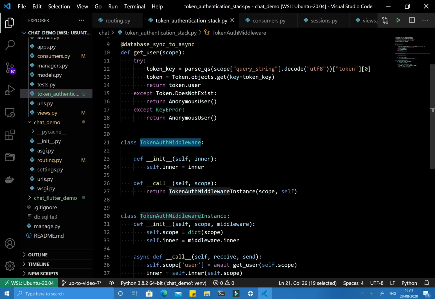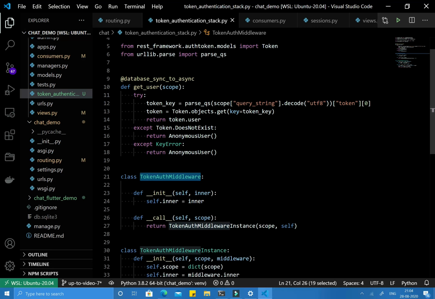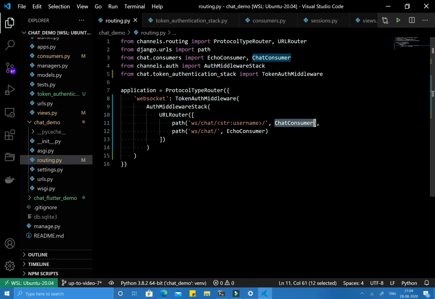So that is the reason we are accepting the token through the query string, and that's how we have implemented it, right? So now this token auth middleware we have set up here. That means if the token is passed in the WebSocket request, this chat consumer will have that user available in the scope.